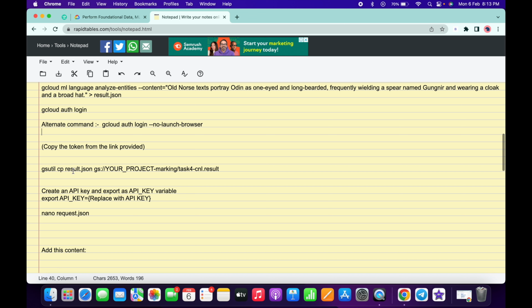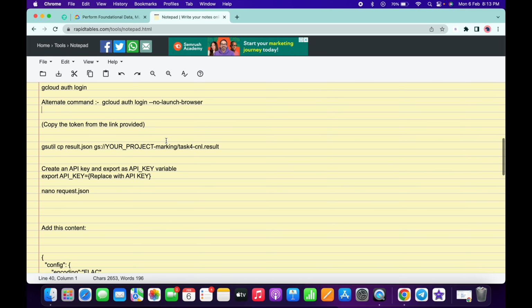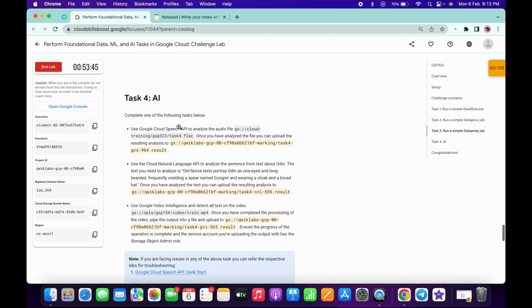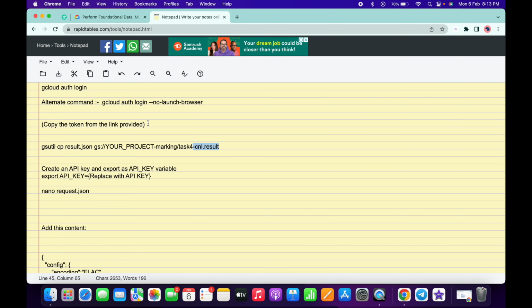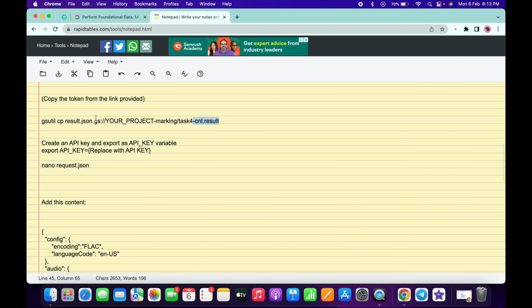Now please pay attention, guys, from here. Just check that CNL result. This is the thing, CNL result. Then go to your lab instruction. If you scroll down, this is the second command with CNL, some number and result. Copy this, go to your notepad or anything and change from here to here like this. Okay, now copy this